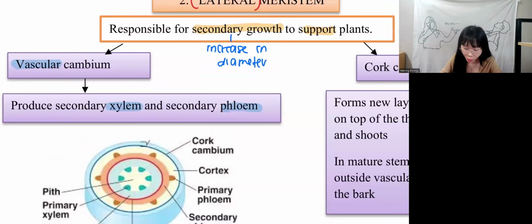Xylem, no matter whether it is primary xylem or secondary xylem, is to transport what? Correct, water and mineral salt. Correct. Phloem is to transport